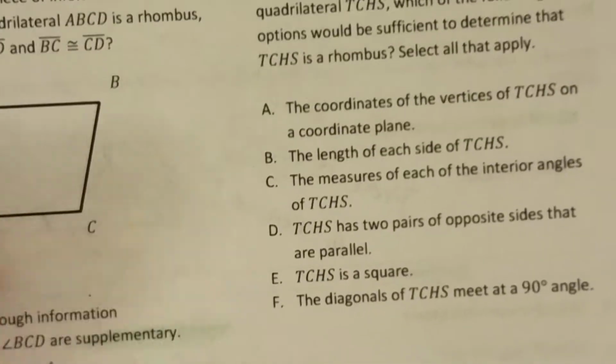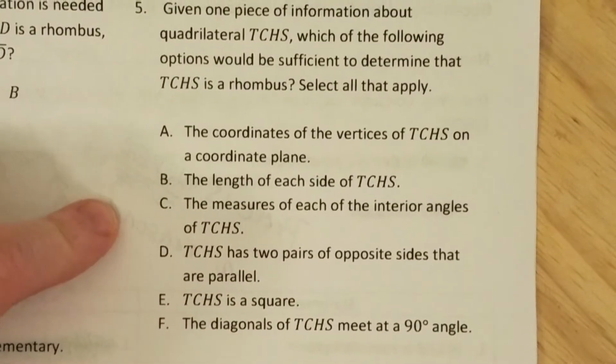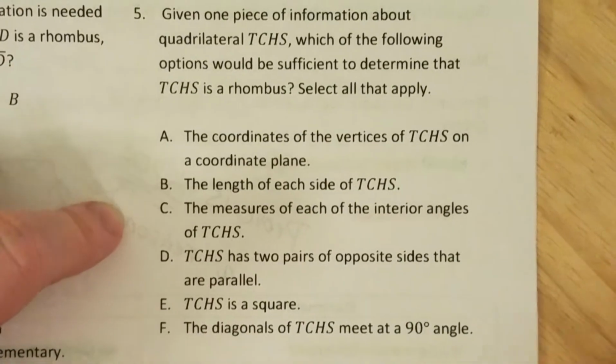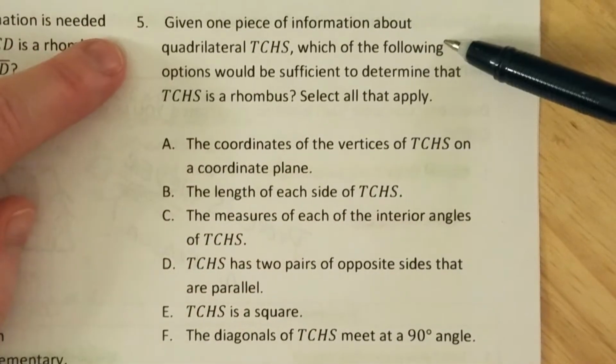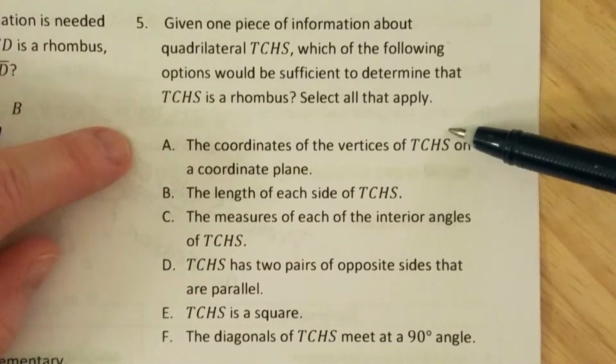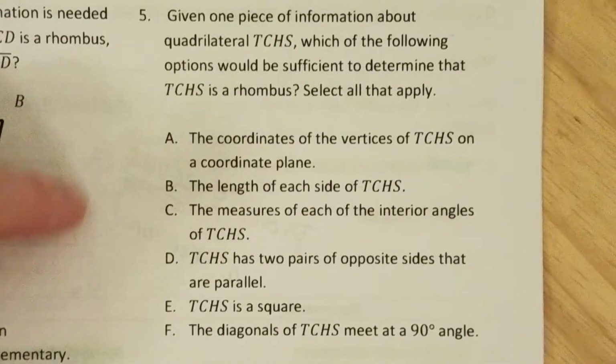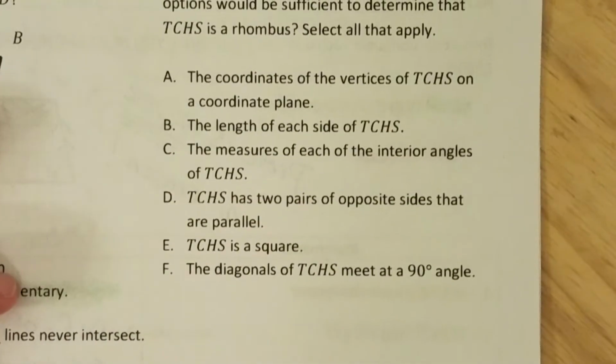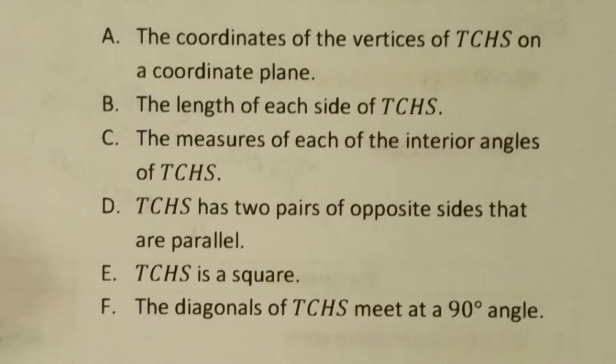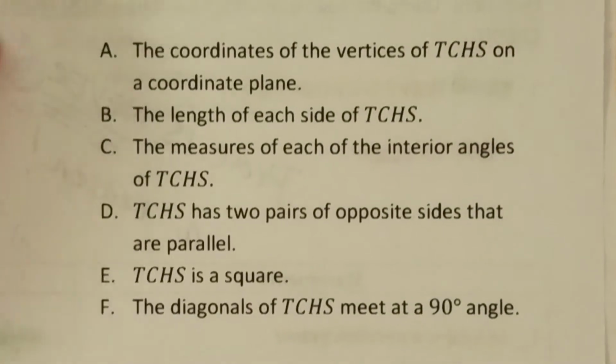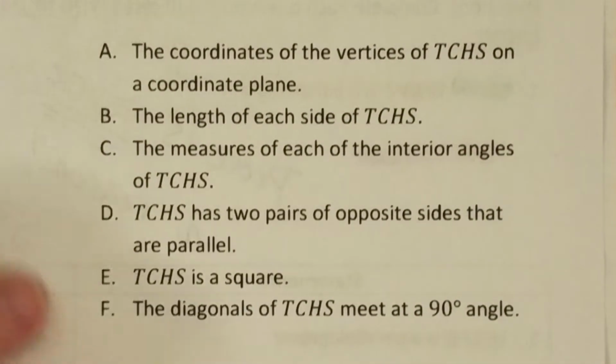Let's look at number 4. Let's skip 4. I'm going to go to 5. 5's a little easier. We'll come back to 4. So, given one piece of information about a quadrilateral, which would be enough to determine that it's a rhombus? So we just talked about a rhombus, so let's keep that in mind when we're looking at which one of these pieces individually could prove that something